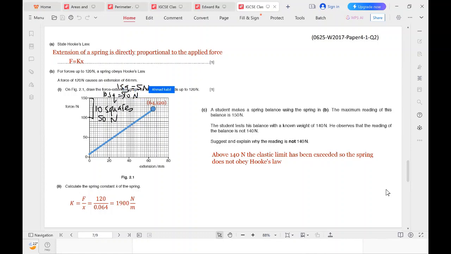So the first square here would be 105. The second square would be 110. We want 120, so it will be square number 4. And we draw a horizontal line like this. And then